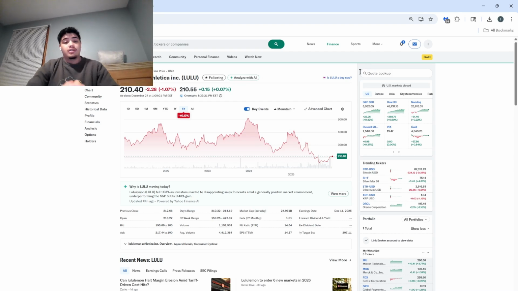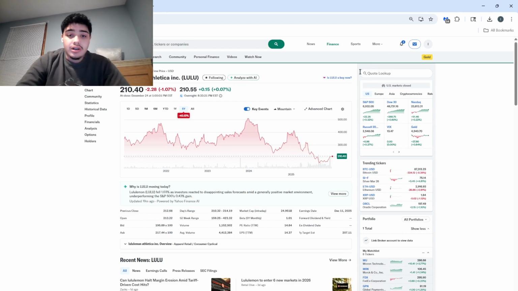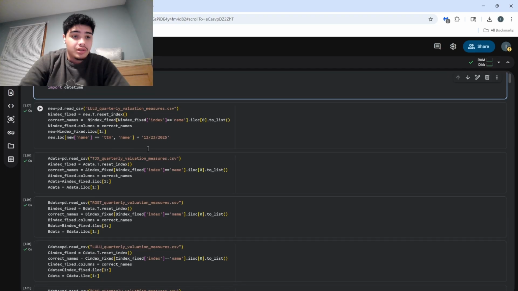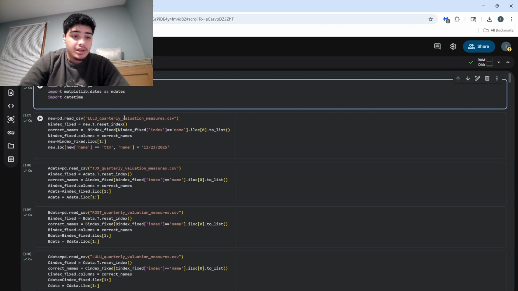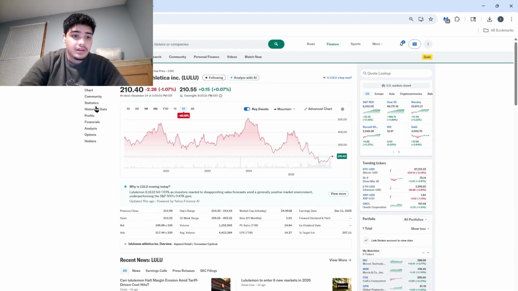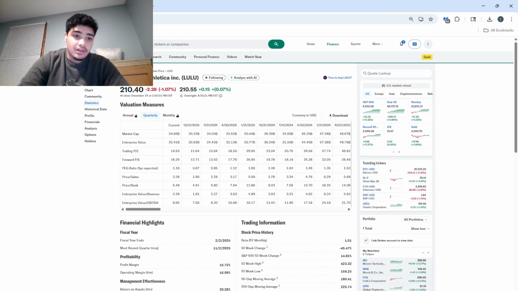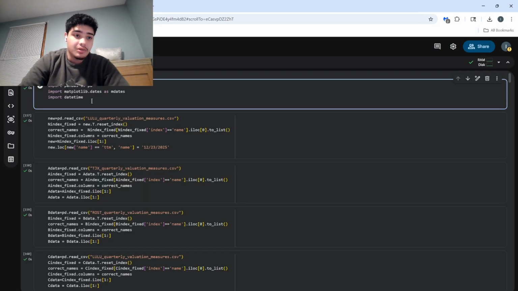Alrighty, so I wanted to show how I gained 17.7% in the last 3 months. So this is just some code I made up. I gained this from a CSV file you can import from Yahoo Finance. It would look like this, but if you put in this code,